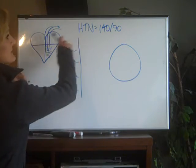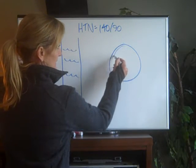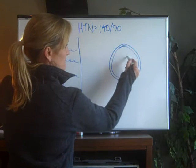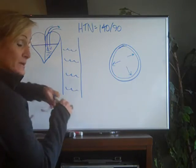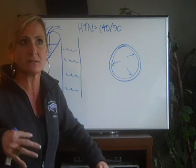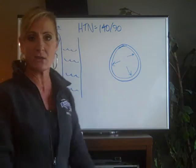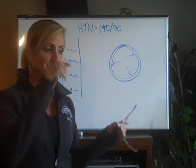And what this is a measure of is the lining of these arteries and how much pressure is being exerted against them this way. So you need some pressure in there, but not too much. The easiest way to think about this is like a garden hose. So if you have a brand new garden hose and you attach it to the faucet outside,